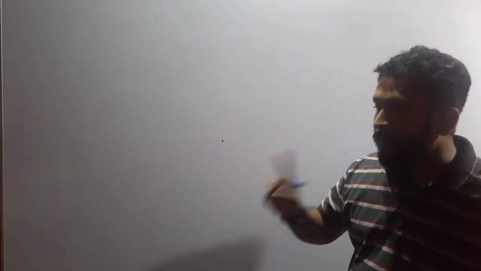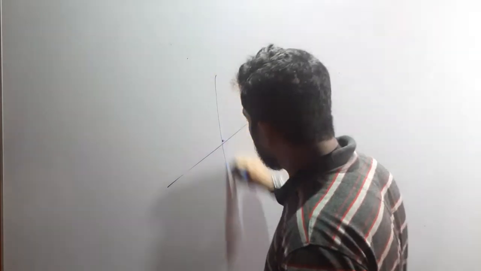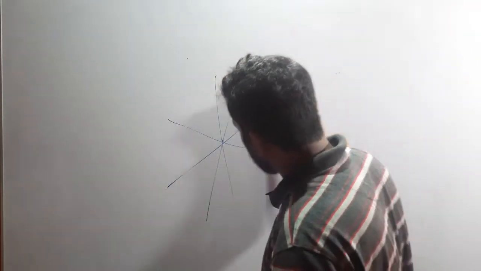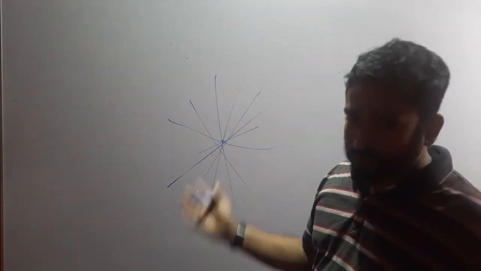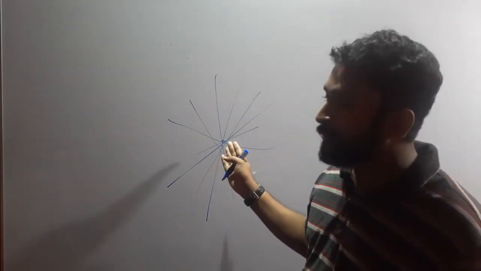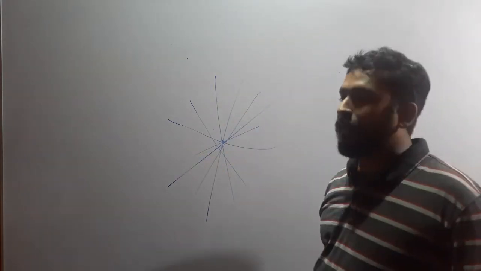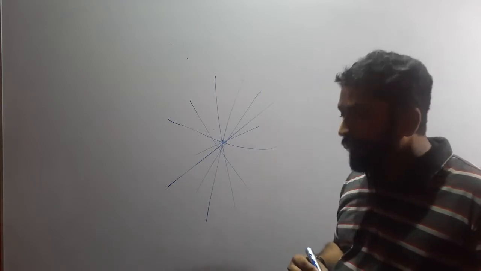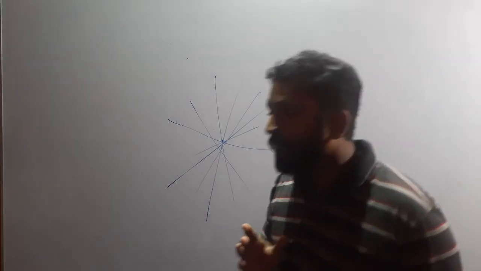Because when it is 1 point, how many straight lines can we draw or sketch through this 1 point? 1, 2, 3, 4, 5, 6. I can take all my lifetime to draw straight lines through this point. It means it is infinite. We cannot count, it is infinite. So we cannot have a unique straight line through one particular point.